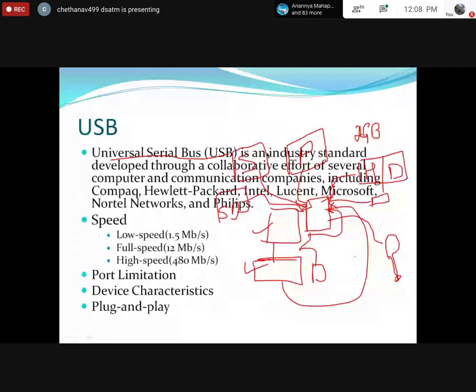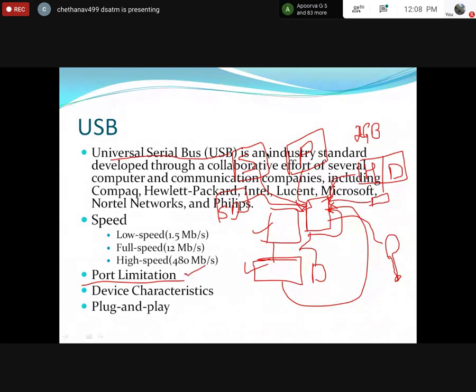So this has been used here, and n number of ports has been provided. Your system cannot provide 1000 ports. If I want to connect 1000 devices, you cannot get 1000 ports. There are some limitations, isn't it? That is why you have only a limited number of ports that you can incorporate into this universal serial bus connector.